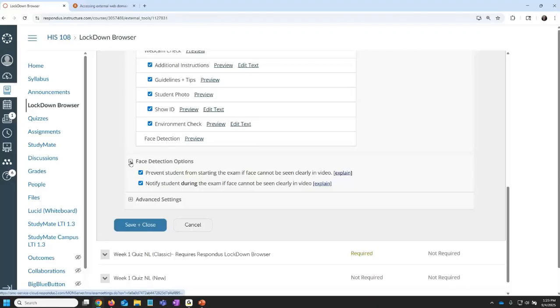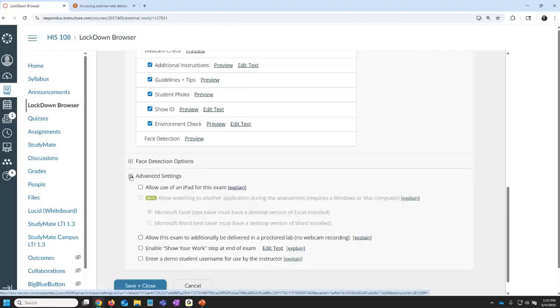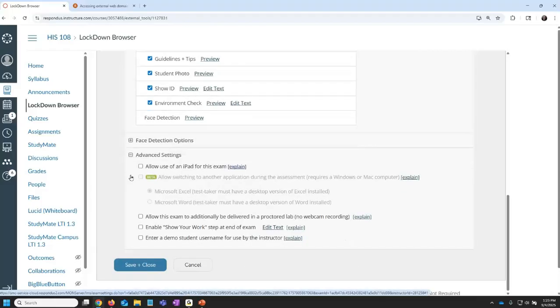Now, there are some additional advanced settings here also. A few helpful features include the ability for the student to take photos of handwritten work using their webcam. This can capture up to 20 images with timestamps. And then this feature, which is relatively new, allows the student, oops, I actually should have included screen recording on this one because it is required,